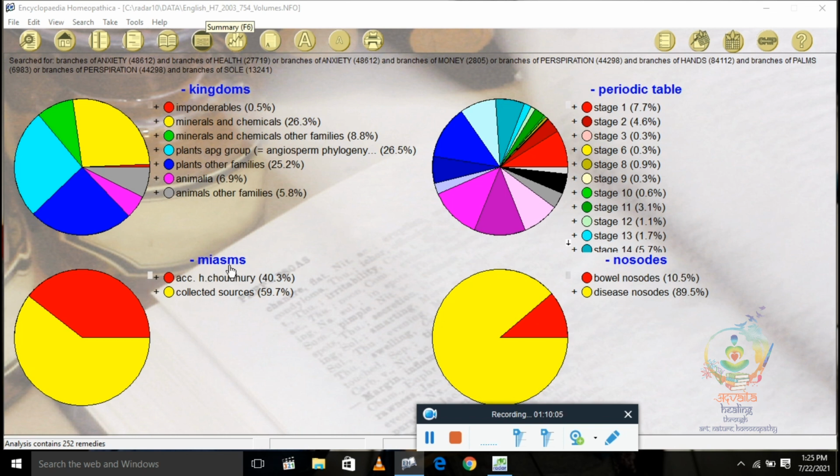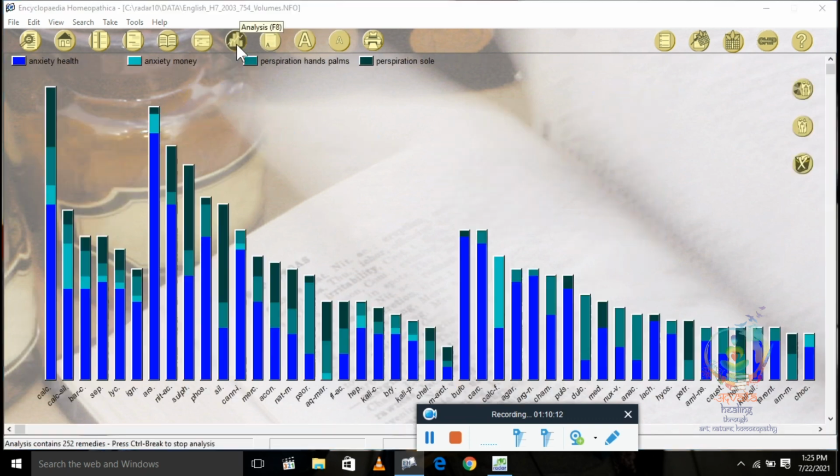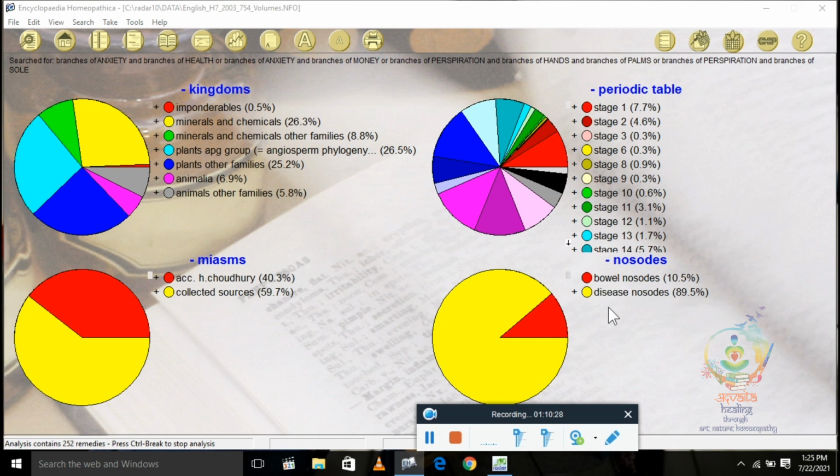Now you have repertorized this case according to materia medica, and it is showing 6. But you want to see nosode remedies only, because you think your case is from a nosode remedy.